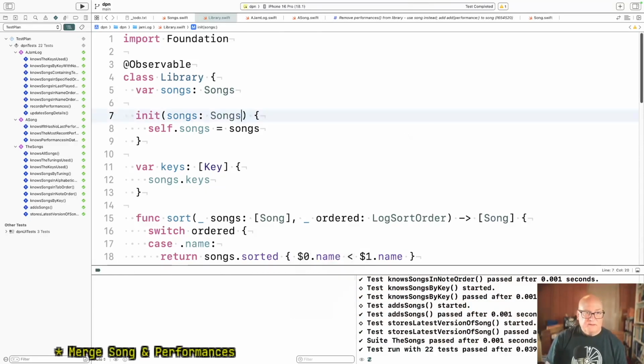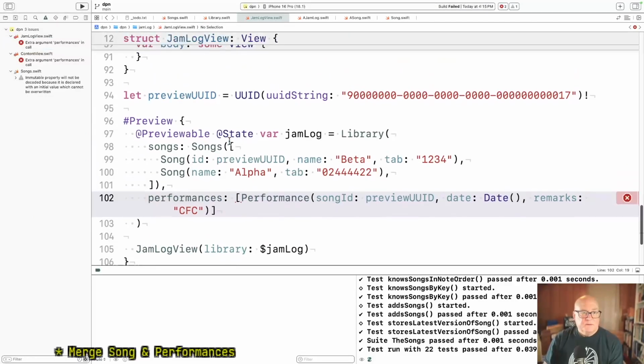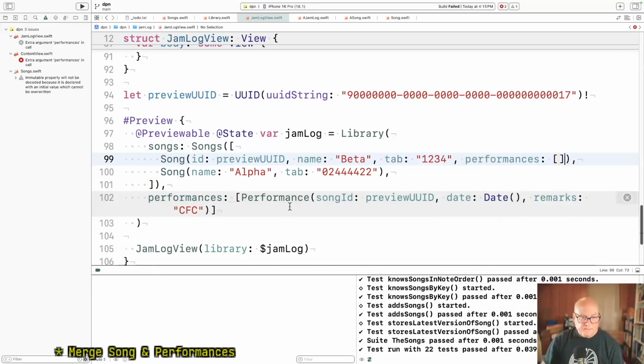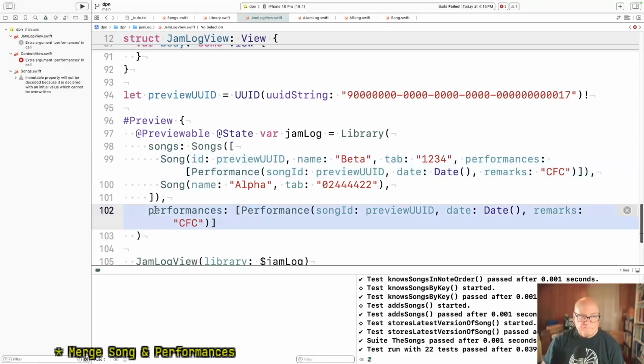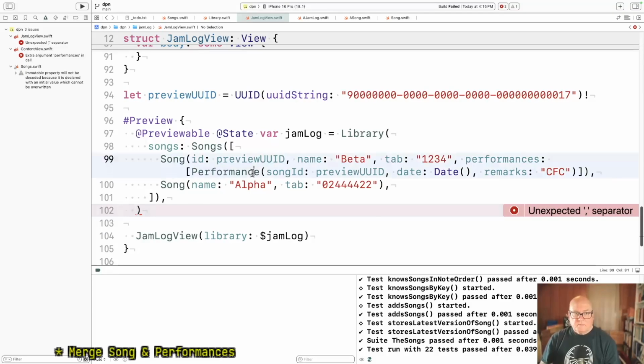Good. A little faster. Now, the build should tell us who called it with that. Log view. This is on preview, so this is on this one. Unexpected separator. What does that mean?